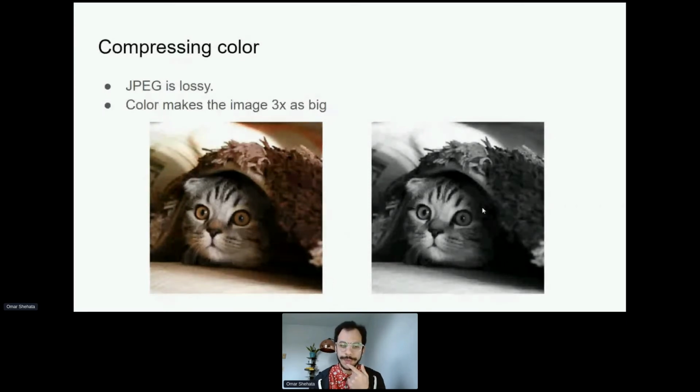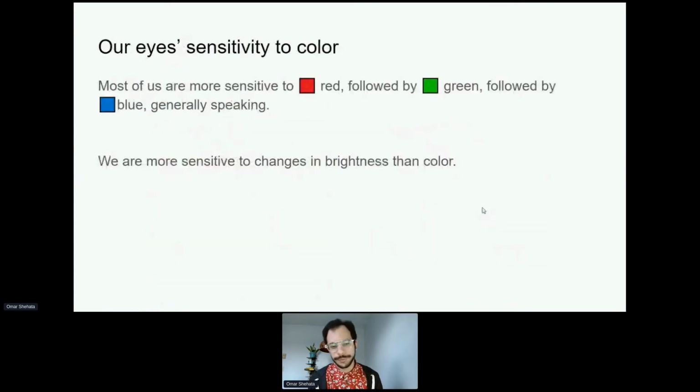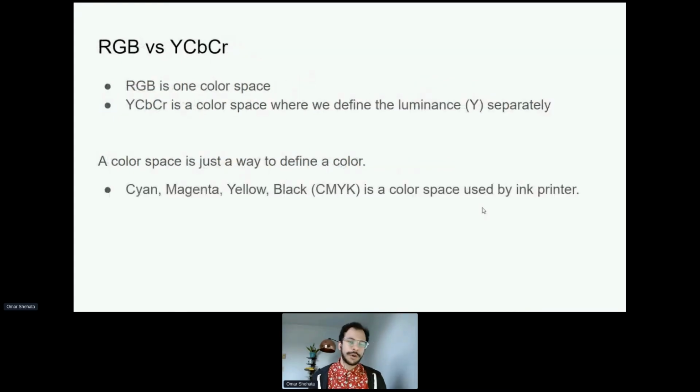I think I'll get back to the run length encoding because we're running short on time, and I want to show you some of the other really cool things. But the takeaway for this one is our eyes are not equally sensitive to all the colors. We're generally more sensitive to red and green, followed by blue, and we're generally more sensitive to changes in brightness than any changes in color. So we can use this fact to choose what information we can throw away. Now, if we're just using RGB, that means we have to choose one of them. Like we could compress the blue a lot more than the red channel,